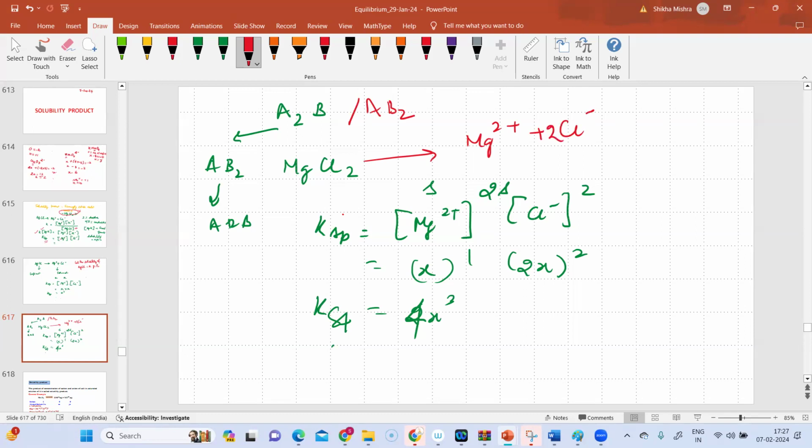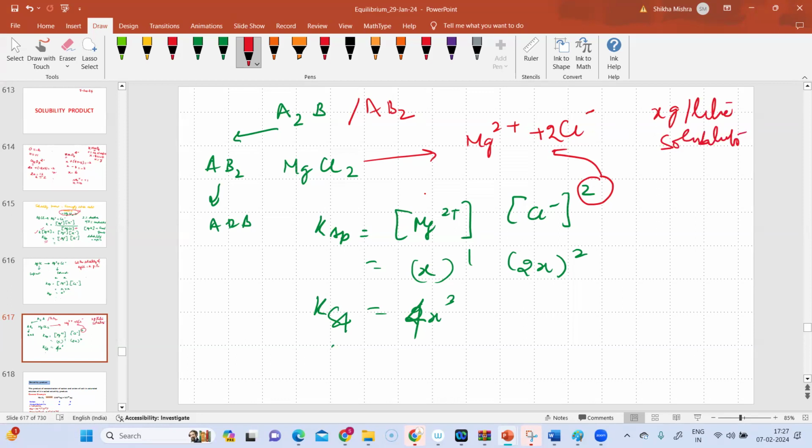What will be the expression for Ksp? Ksp will be equal to the concentration of magnesium ion times the concentration of chloride ion to the power 2. Why 2? Because you have 2 here, right? Now, assuming that the solubility is X grams per liter,